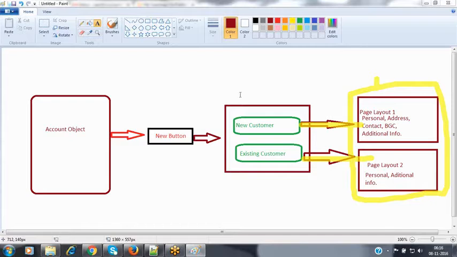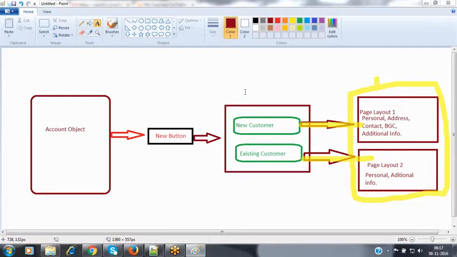So you cannot associate the page layout to the profile, no? We can associate it, but the behavior is that if I associate the page layout directly, when the user logs in, automatically that page will open. But now I want to provide an option, and depending on the option, provide the associated page layout. So for that, we associate the page layout with the record type, and the record type internally is associated with the page layout. For every profile's users, we can specify which record types have to be visible, which record type will be the default one, and which will be the remaining options, so that we can configure it.